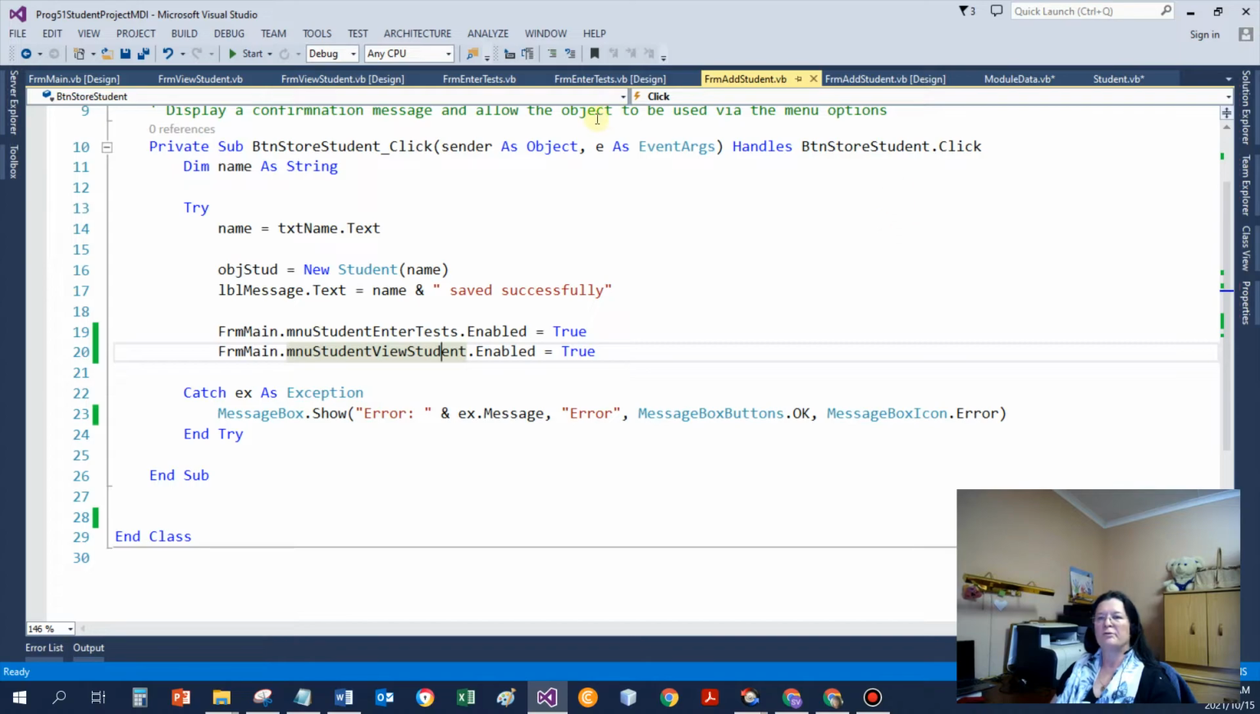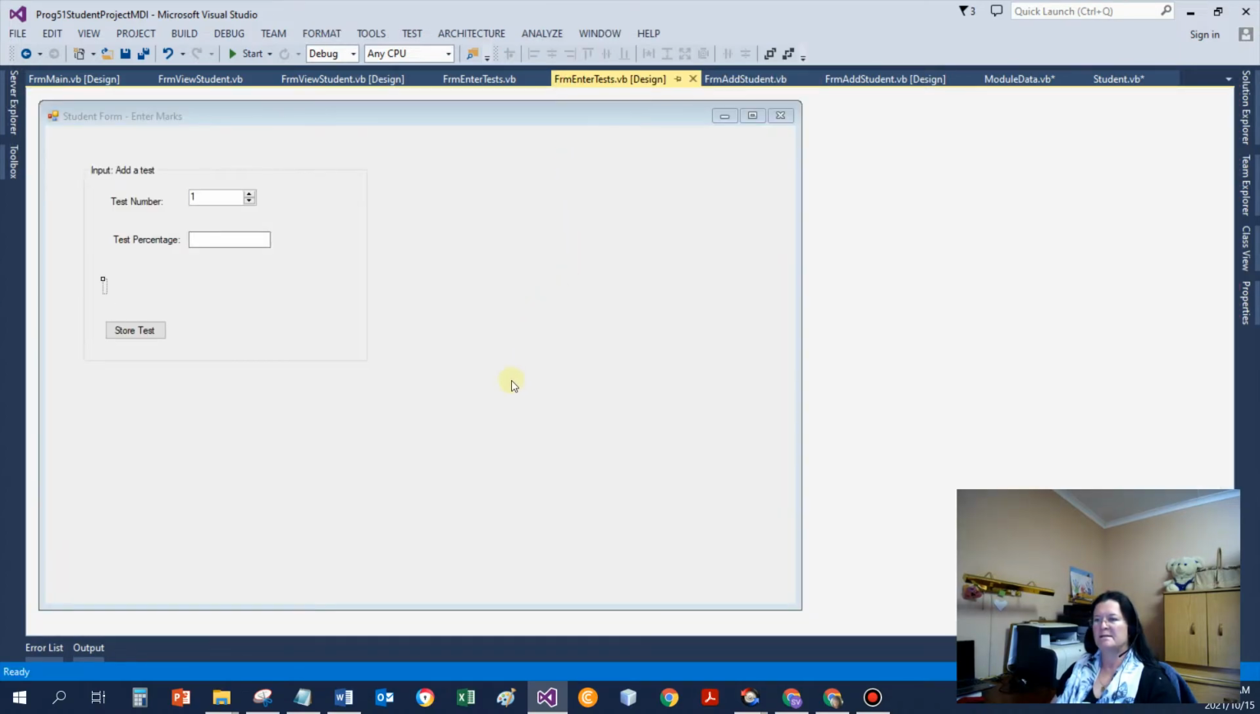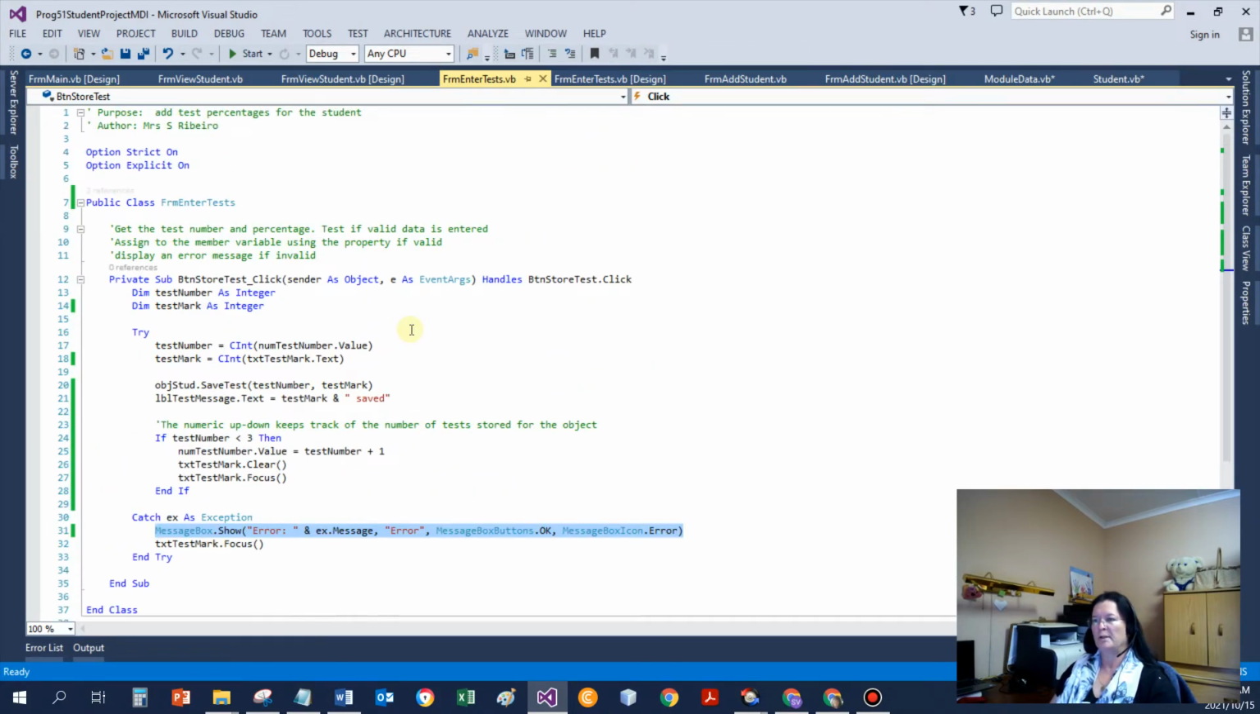If I go to the form where we enter tests, I've got a numeric up-down control, minimum 1, maximum 3, and it would increase by 1. A text box for the percentage, again a message label and a button to store the tests. If we have a look at the source code,